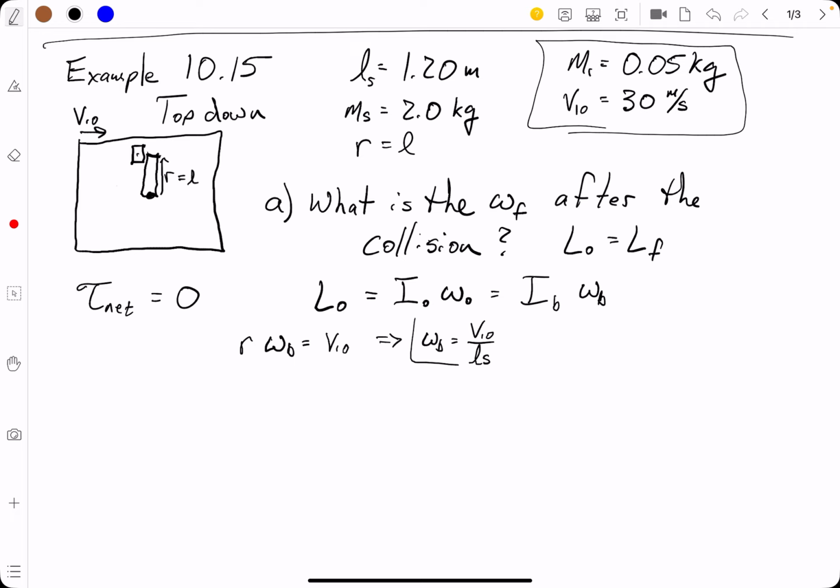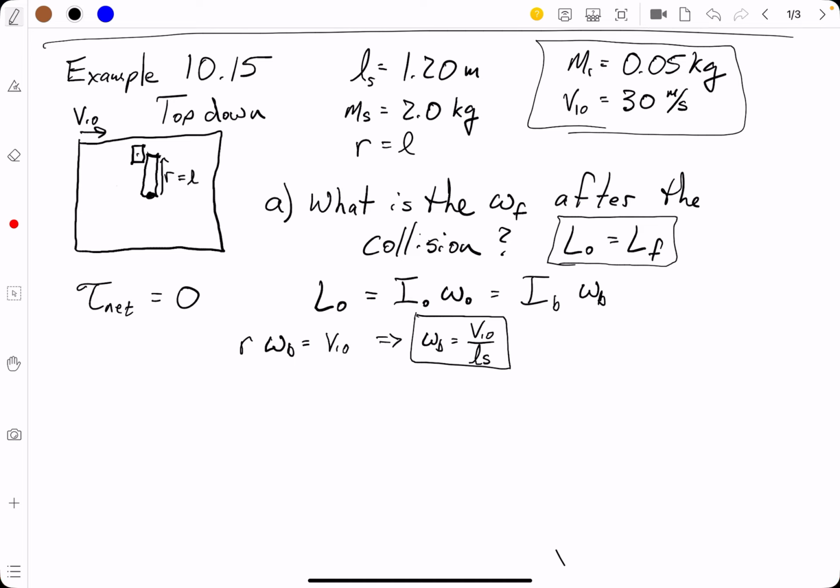Okay, so we've got the omega b. These are tough questions because you're like, oh, but is that right? Yes. It's right before it hits, and we're going to do right before it hits and then right after it hits. That's the only time we really should do our conservation of angular momentum, right before and right after. So right before, that's what we've got, and